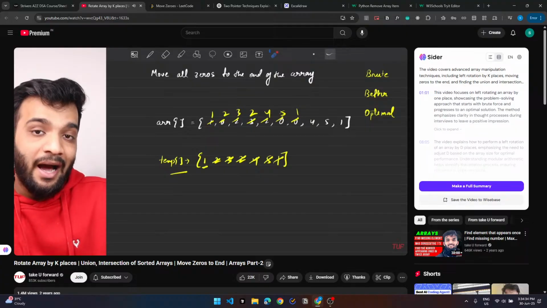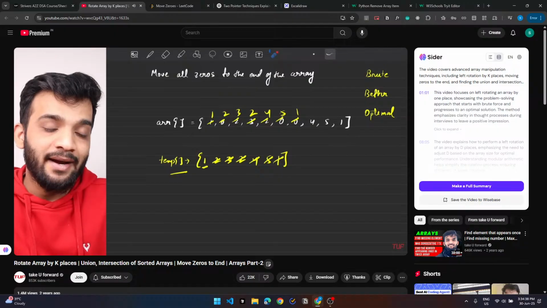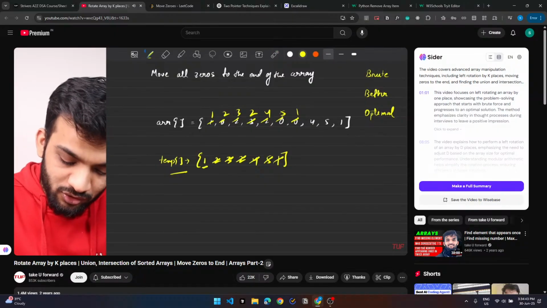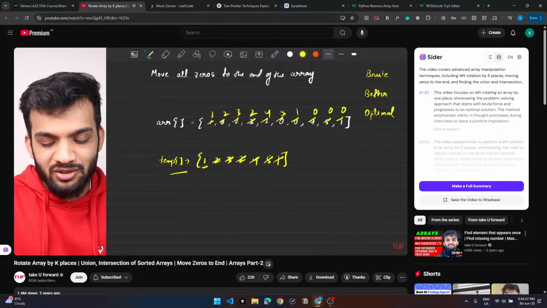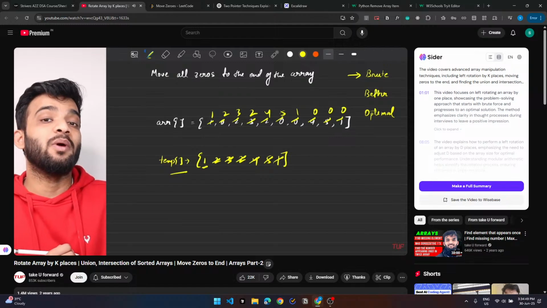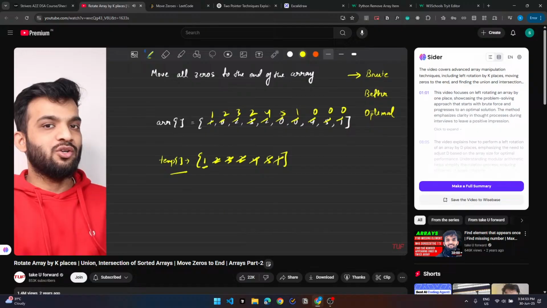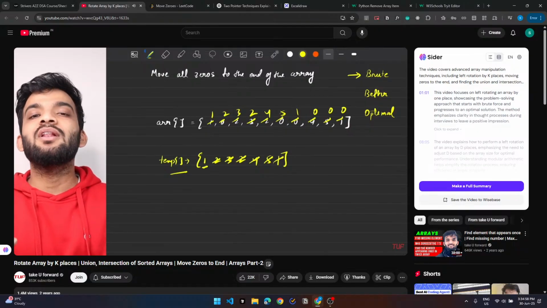Once I have done that, I know all the non-zero numbers are at the front. If I've done that, what is the next job? All the remaining positions will definitely be zeros. So I'll just assign them zeros. Done. And this is how my brute force approach will look. First, iterate, store all the non-zero numbers, then put all the non-zero numbers to the front, and then the remaining